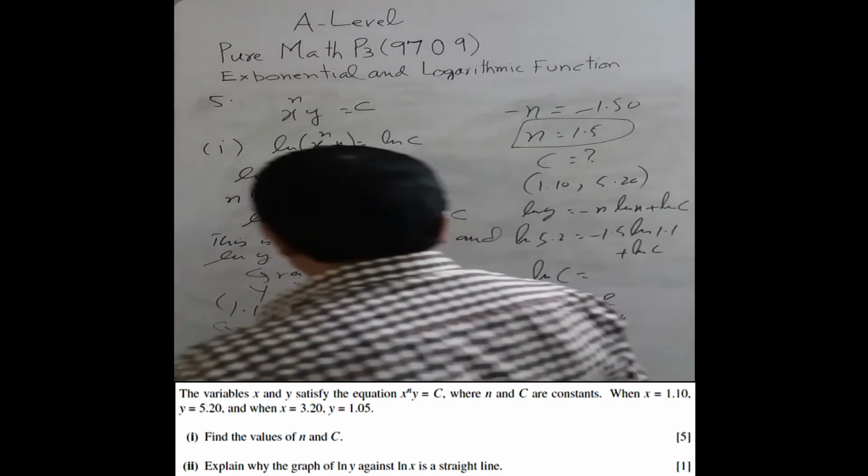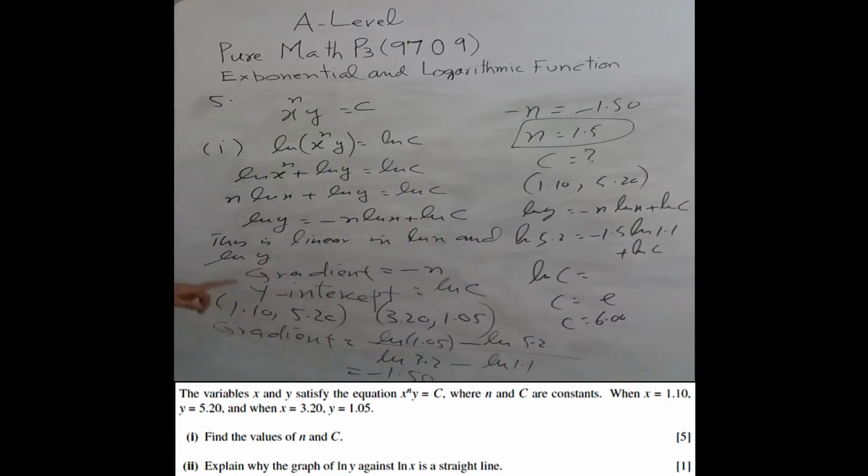Again I am explaining this very important point. Actually you have a linear equation not in x and y. These are the values of x and y, not ln x and ln y, so you have to take log, otherwise it will be wrong. Now in the second part, we will write this. For the second part, you just write ln y is equal to this and say that it's linear in ln x and ln y, so it's a straight line.